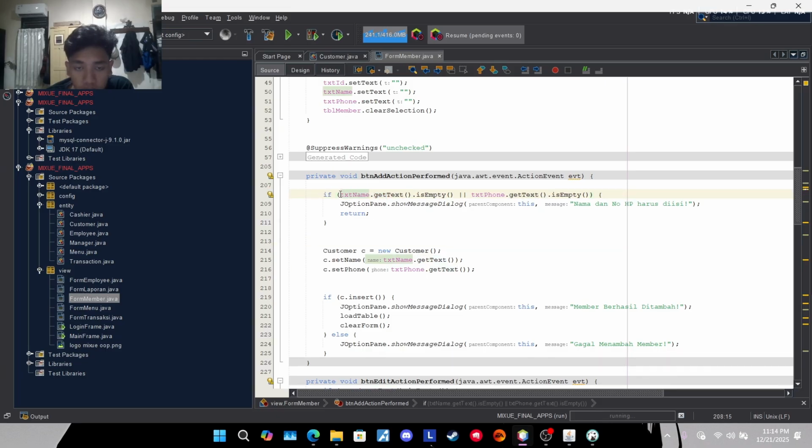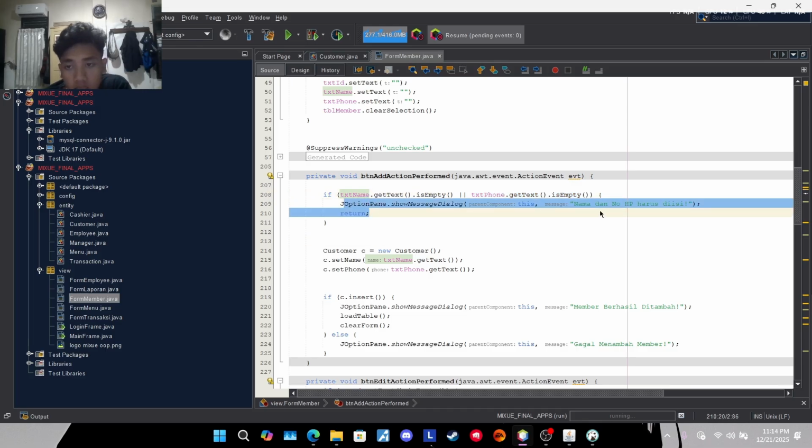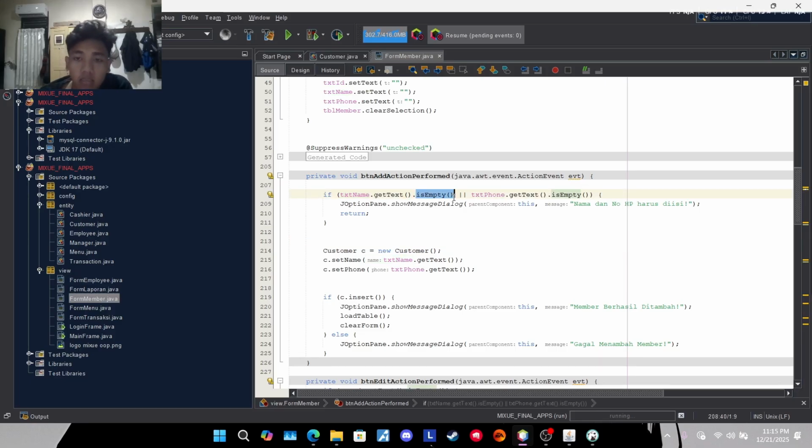So in this if statement, the name that we are adding is empty, and the phone number of the customer is empty too, they will show nama dan nomor HP harus diisi. So imagine that empty has a true value.